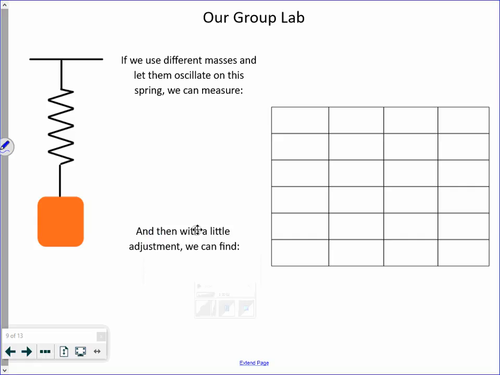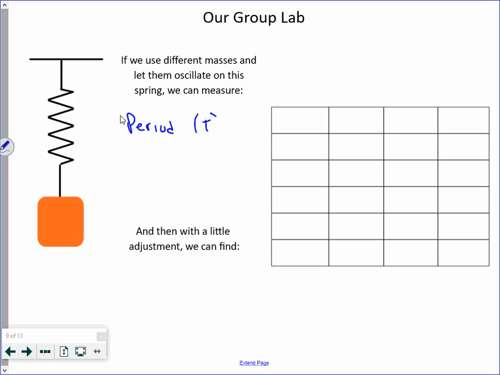Hi people, let's talk about an oscillating mass on a spring. We're going to do this in the context of a lab. You all have data that you have collected and you're going to process. So what we did was we let different masses hang and oscillate from this spring, and you should have made measurements of